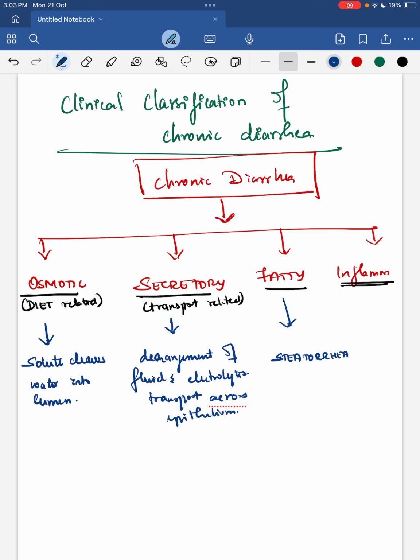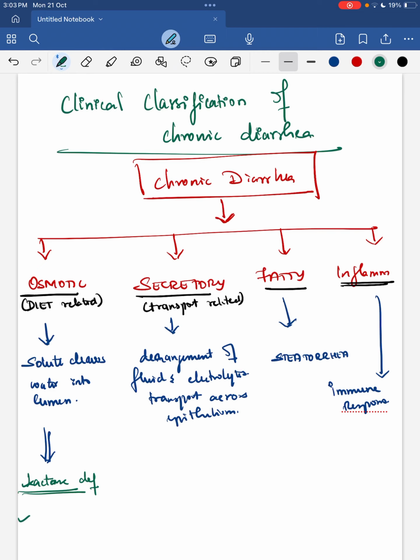I am telling only a few causes of osmotic diarrhea, like lactase deficiency. When there is an enzyme lactase deficiency, the child gets lactose intolerance, that is, the child will not be able to absorb the sugar present, leading to lactose intolerance. Next can be when the patient uses an osmotic laxative like magnesium sulfate. So when the child uses osmotic